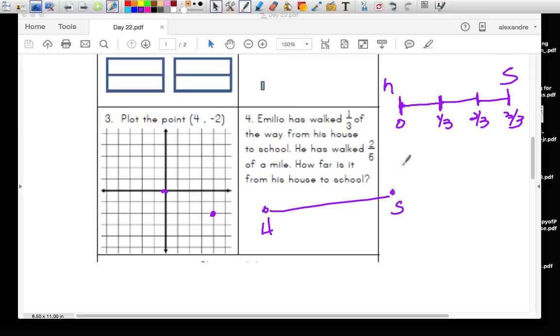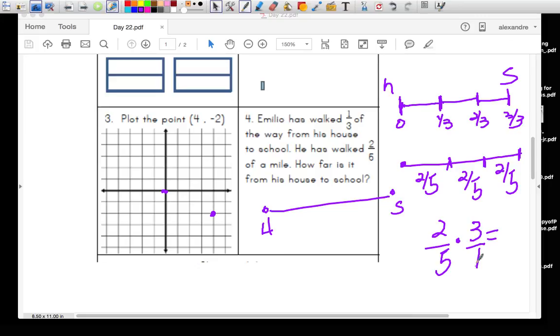So 1/3 of a mile. Okay. And here, let's do this by miles. I know that from here to here, this is 2/5 of a mile. Okay. So this would be another 2/5 of a mile, and this would be another 2/5 because every third is 2/5. So how far is it from his house to school? Well, it could be 2/5 of a mile plus 2/5 of a mile plus 2/5 of a mile. If you add those up, if you multiply by 3,